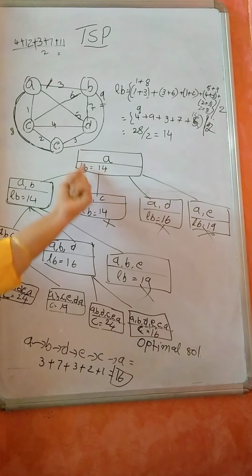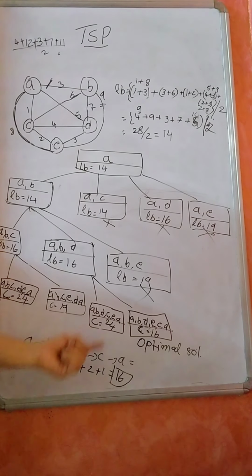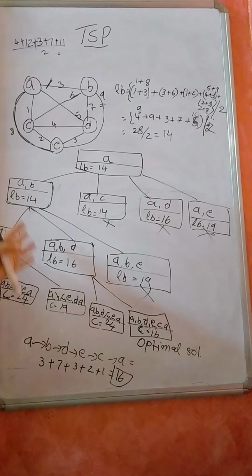So the initial lower bound will give you the information that whatever final optimal solution you are getting will not be less than the initial lower bound you have computed. So don't think that the initial lower bound itself is the answer. It is not an answer. It is just saying that whatever final optimal solution you get will not be less than the initial lower bound you have computed. Okay. So that is about the traveling salesman problem. A few more examples are there. You can go through those examples.